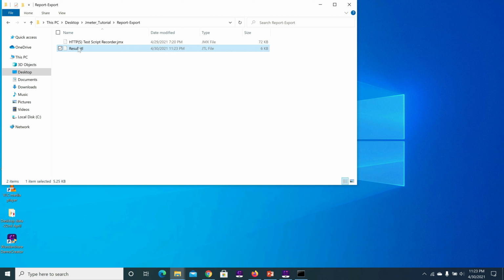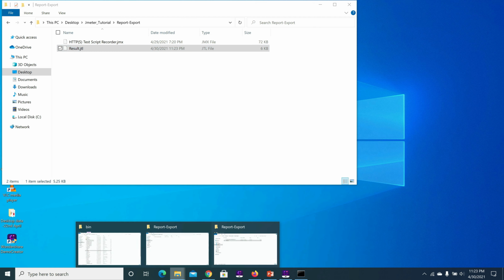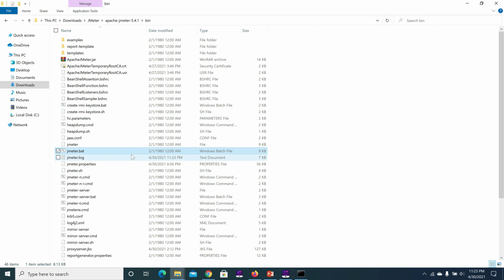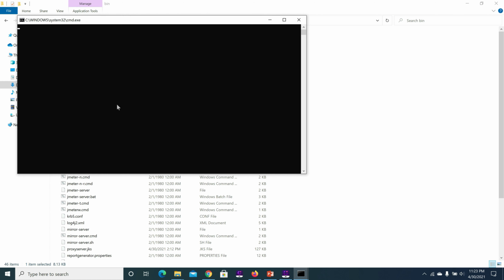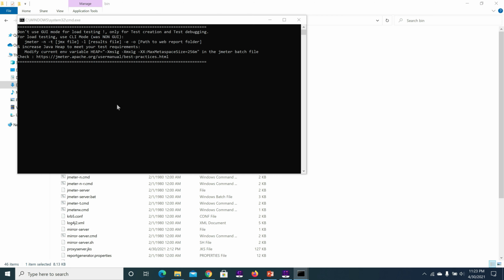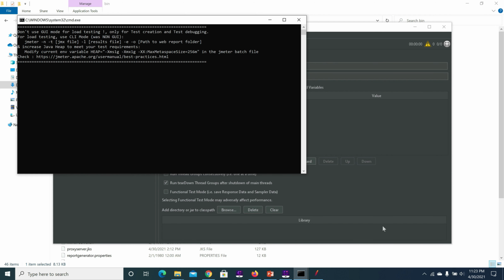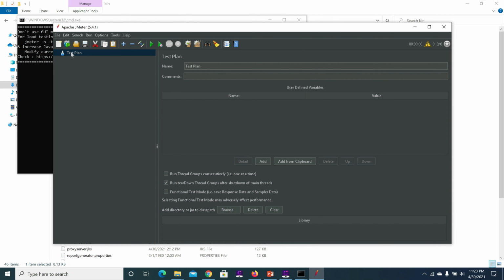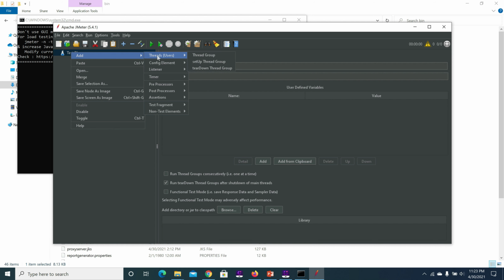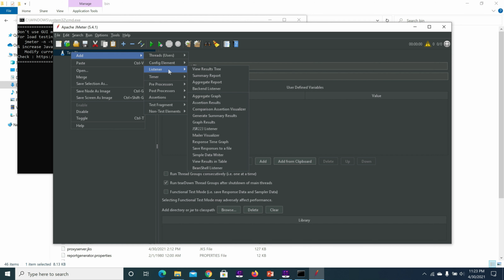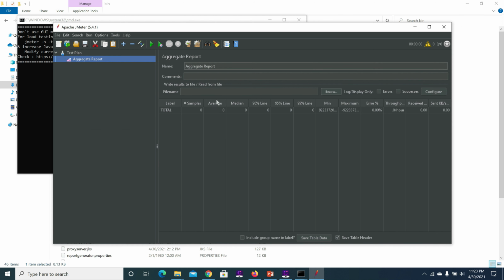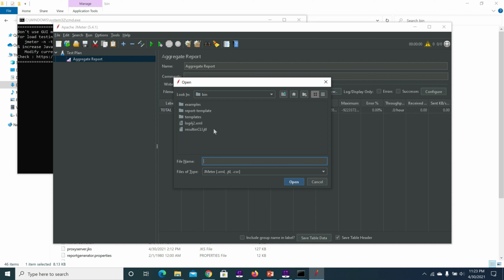To open this JTL format file, you need to launch JMeter. Simple, right click, add listener, aggregate report. Here you have an option browse. In file name field you can select